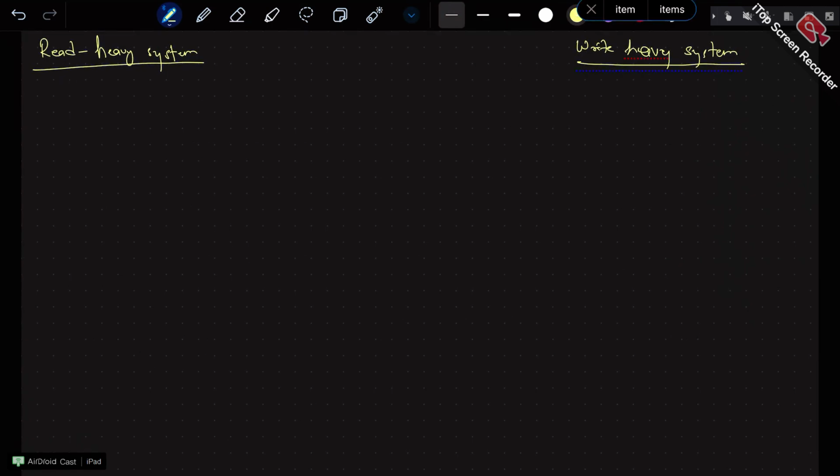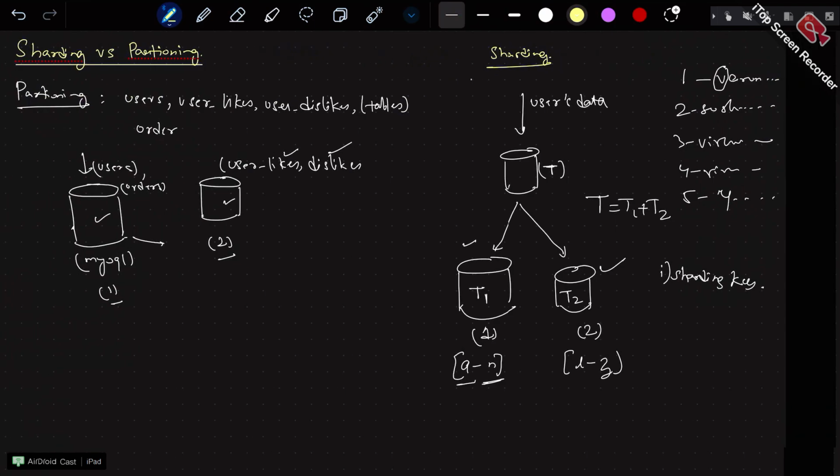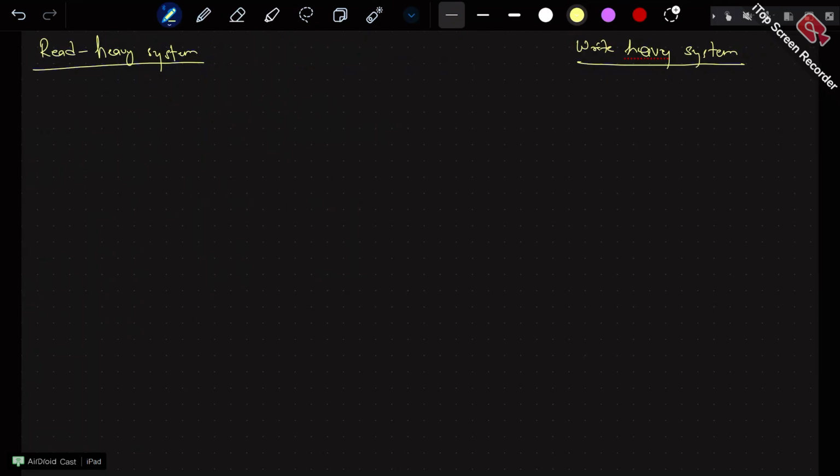Okay, and now remember we won't be talking about partitioning a lot. In every future class we will mostly be talking about sharding now. Partitioning happens very rarely because partitioning happens at the service layer, and that might have already happened. Partitioning happens at the microservice layer, which would have already taken place when the services were distributed to each and every team. Now let's talk about inside a particular microservice.